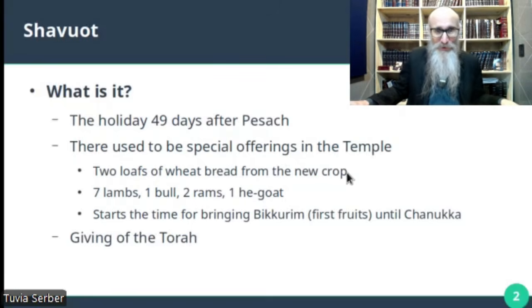I'm not going to read it. You know how to read English. So a whole bunch of animals that had to be brought together with this bread. And even though Shavuot is usually called Chag HaBikurim, the holiday of the first fruits,